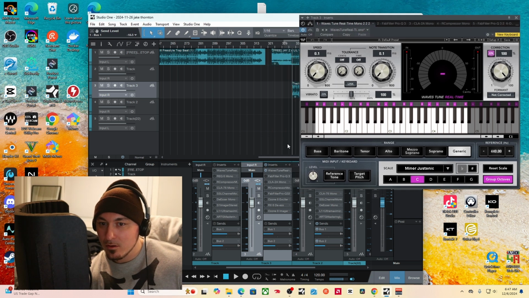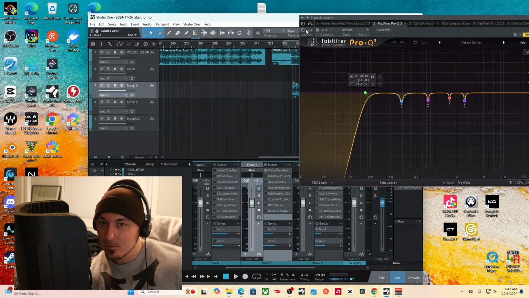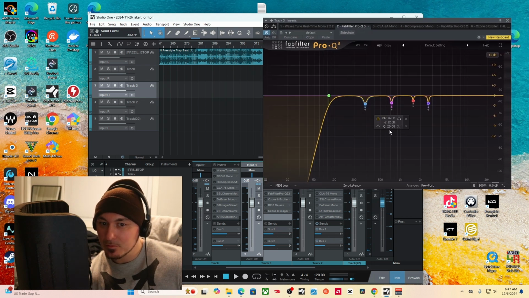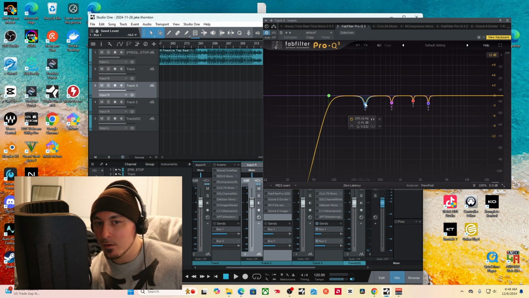Then I threw on the FabFilter, made some cuts around 293, and so looking online it said you want to make some cuts between 200 to 300, and this is kind of the congestion sound. And then around 732, it said to make cuts between about 500 to 800, and you're trying to look for a cardboard sound,